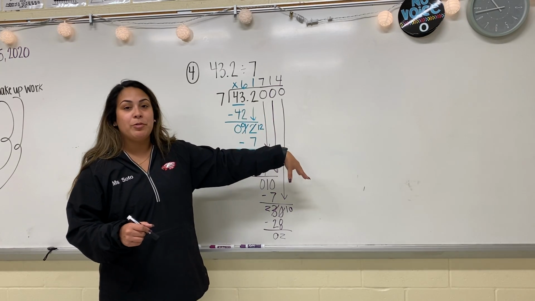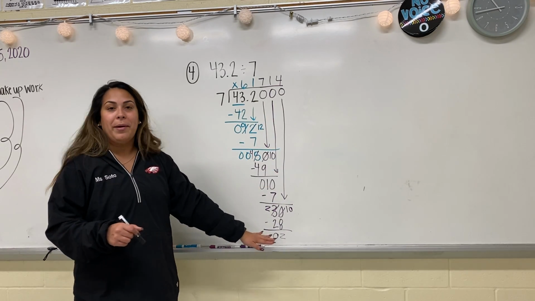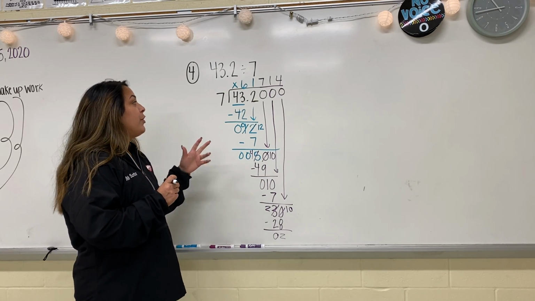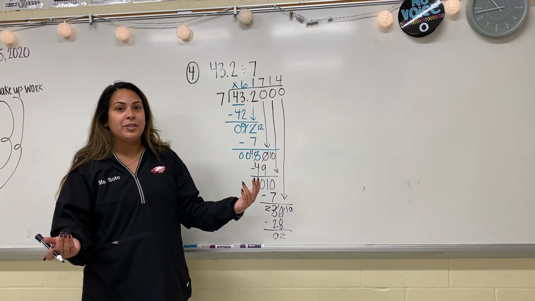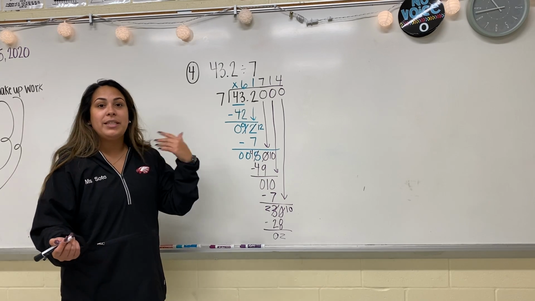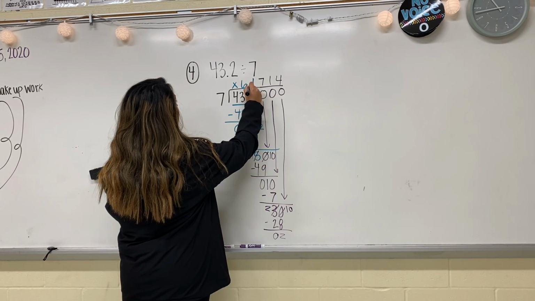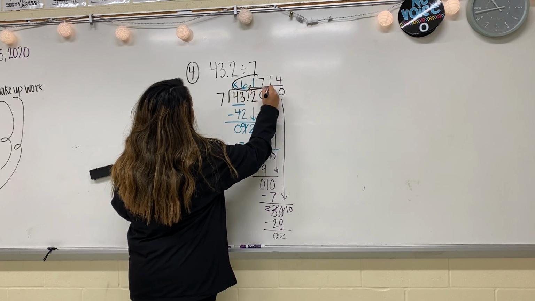So since I'm just stopping at 3 zeros, I'm not worried about this bottom number anymore. I'm going to figure out where my decimal point goes in my answer. Remember, with dividing it's super easy. All you have to do is just bring the decimal point up. So our answer is 6 and